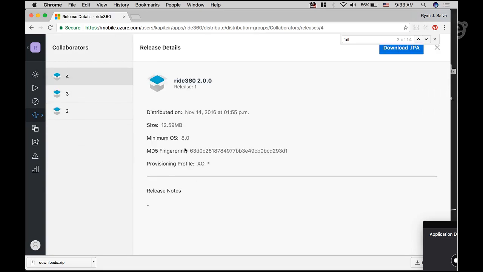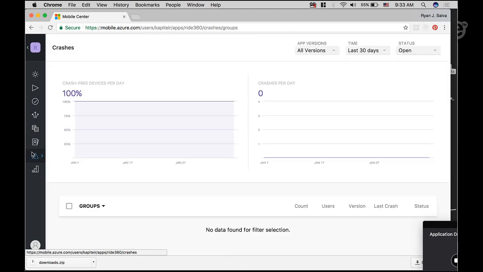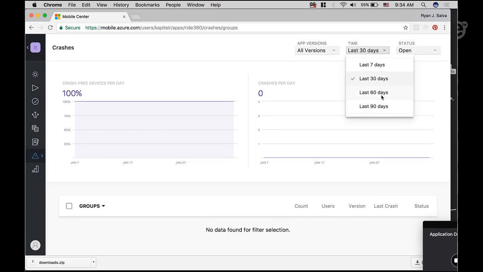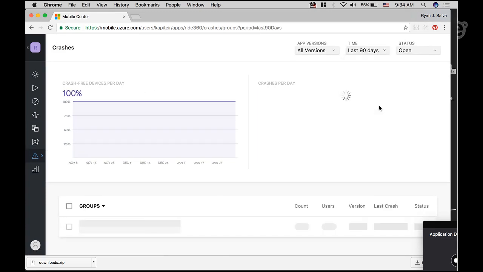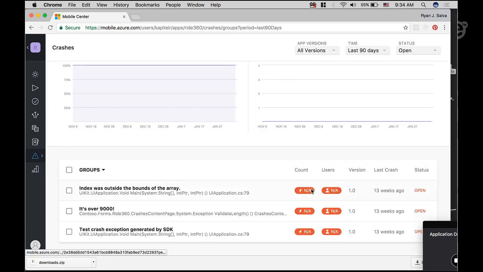And for those, we can see details about when it was distributed, what the size was, release notes, etc. And we can even download the IPA or the APK from directly within Mobile Center. Now, these are tied very closely to the crash reporting, which is right down here, to the crash reports that we get for each one of our releases, whether they go to beta testers or to our App Store. Now, I don't think I've got any crashes in the last 30 days for this particular one, but I do if I go back a little bit further into the